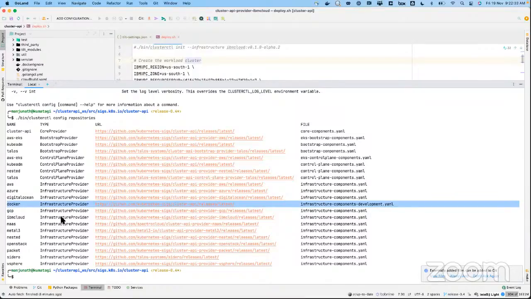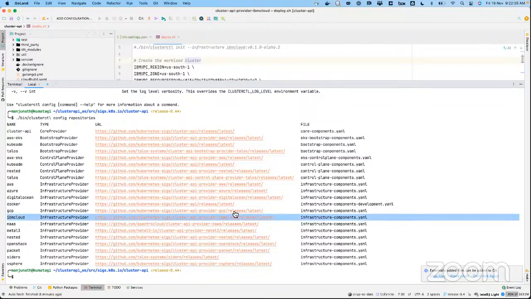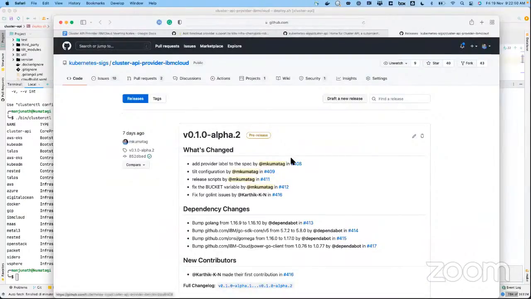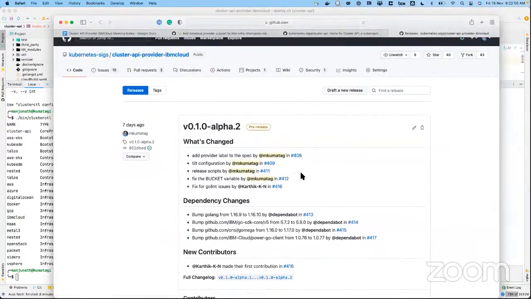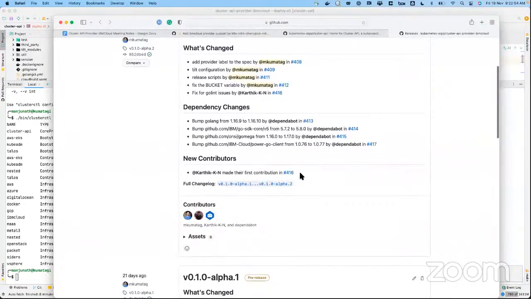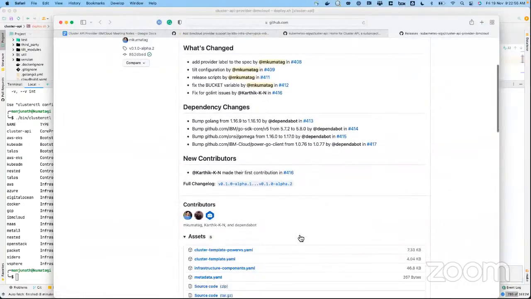All right. This also lists where the repository link is, and the file used for deploying that provider. In this case, infrastructure-components under this folder. So I just click this, and then you can see here the latest alpha version, and I also attached the assets here.